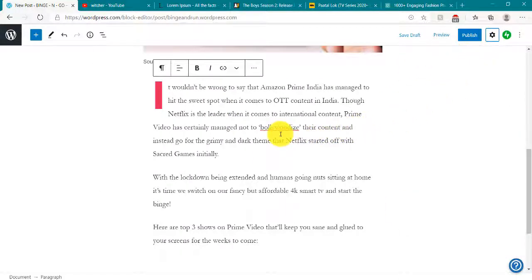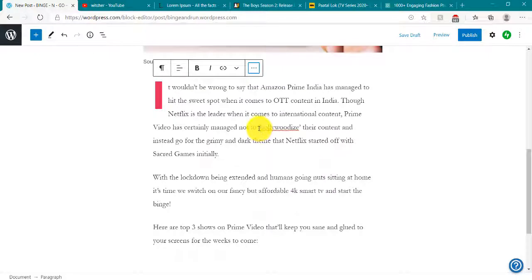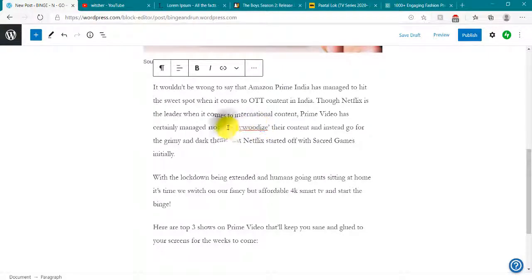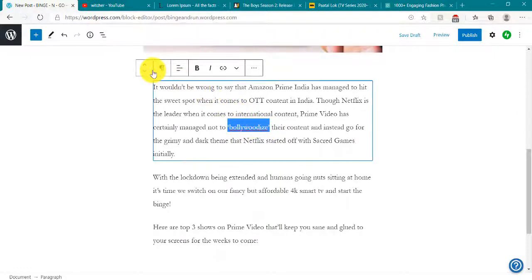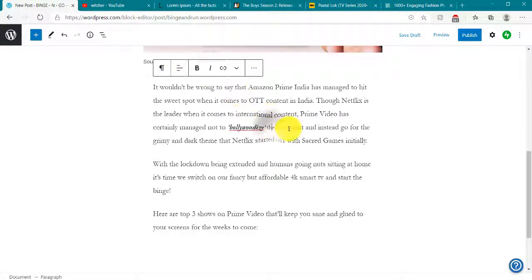Now we can see that we have different options regarding this. We can bold, italicize, link, and also align our paragraphs according to this, and we have different options here also. So if you can see, we have this option. What I want to do is make it bold and italicized. So I just select this and I will have these options here. Just click on this and it's done. So, a simple way to do this.